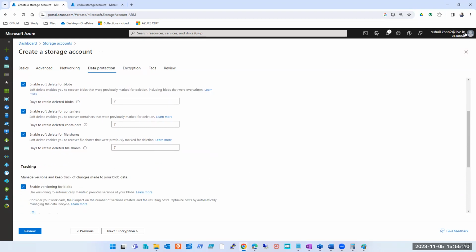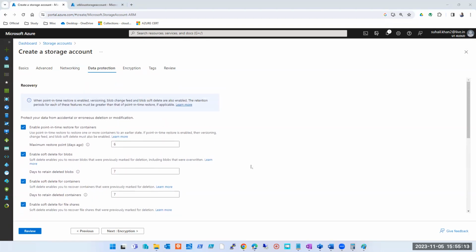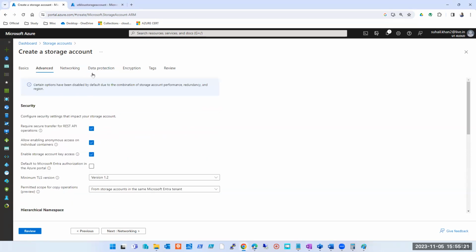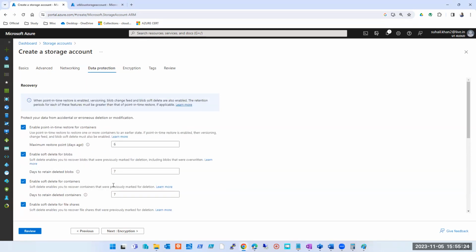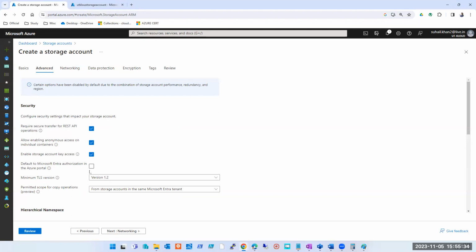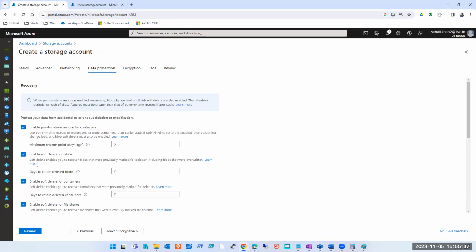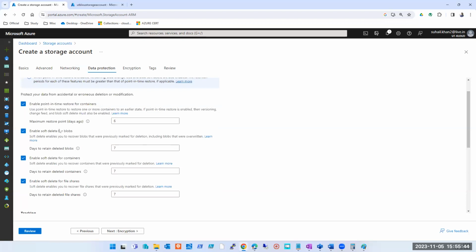So whenever the question comes, how you secure your storage account or what are the best practices you follow while creating a storage account, you have to talk about these. Understood? Interviewer is not going to ask you one by one. It is your job to explain and give an elaborated answer. Even if you don't talk much about it, it's okay. But data protection, this is very important, and they are looking for who understands it well. किसकी understanding अच्छी है इस बारे में. You should be able to explain it very clearly.